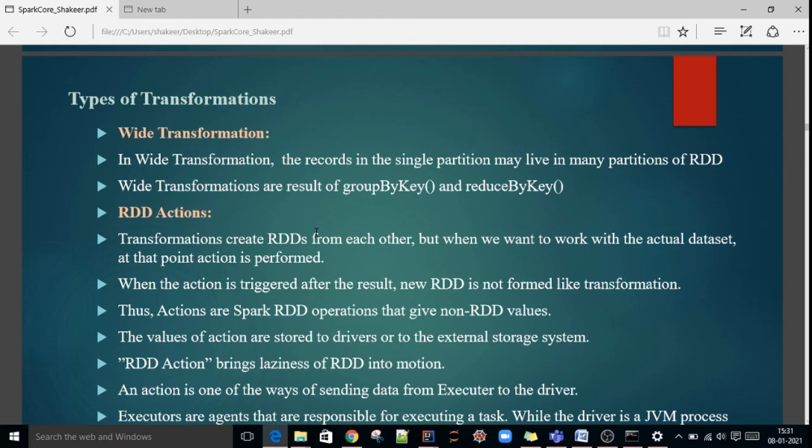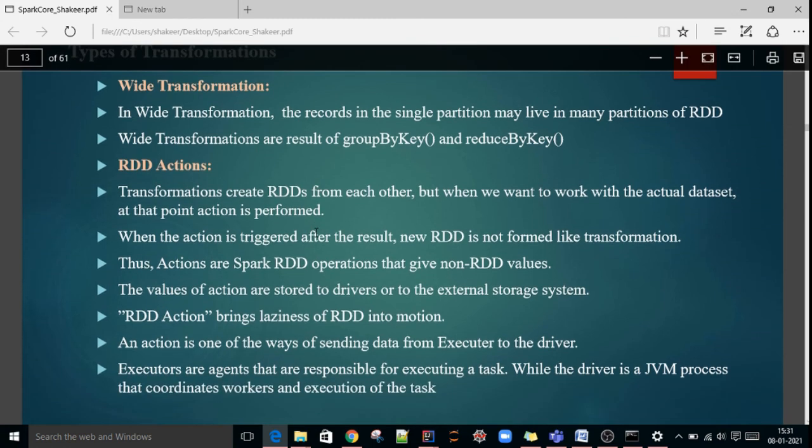Then in an action, you can store that actual value into an external source. Suppose once the RDD is processed, if you want to save the output into third party systems like a database, an HDFS file or an Amazon S3 bucket, you can use an RDD action.